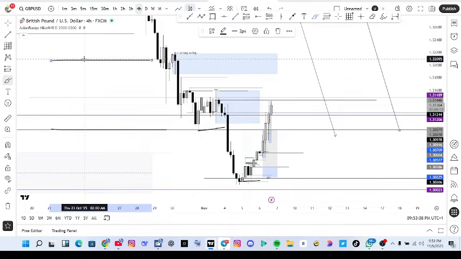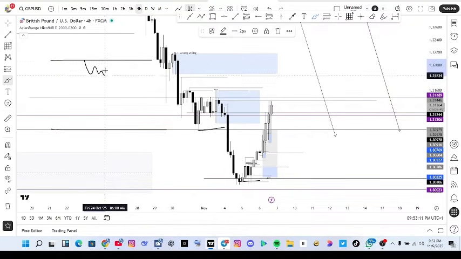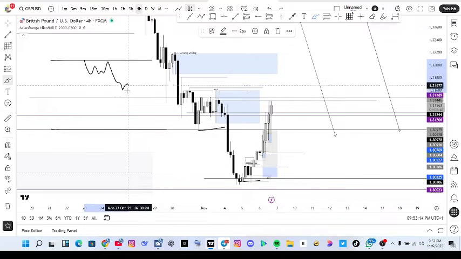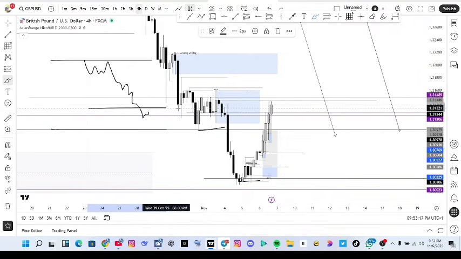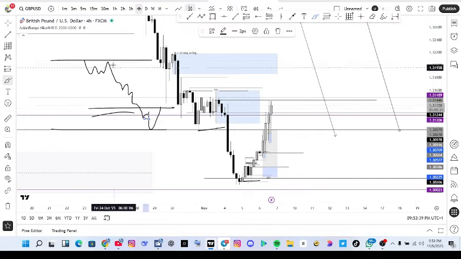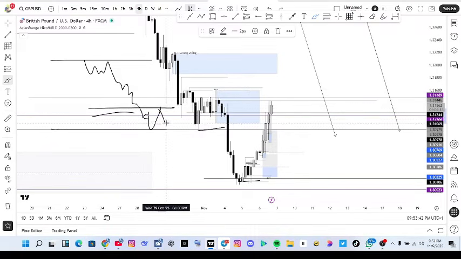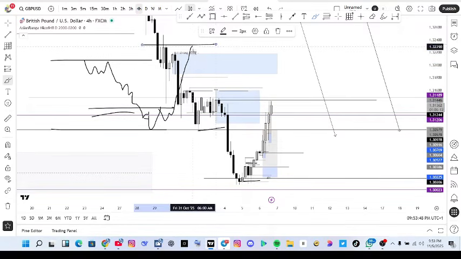Let's say for example a daily storyline started here. A daily storyline starts here and price is dropping, dropping, dropping. There might be so many POI here that people will be looking for buys. I'll still be looking for sells. But once price touches another daily level and gives me a break on a 4 hour to confirm that a new daily storyline has started, now I know automatically that the storyline has changed from bearish to bullish. Now I'll start looking for buys here until price touches another daily level and a new storyline starts. So that's how I trade